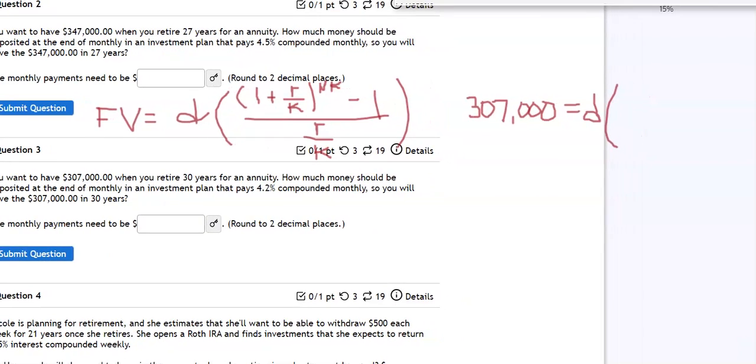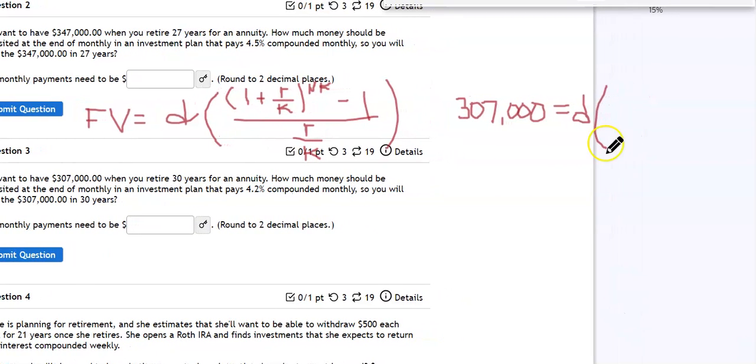Let's see if I can move that. There we go. All right, so we will have 1 plus R is 0.045. We said we're going to compound monthly, so that's 12 times. All right, and raised to the 30